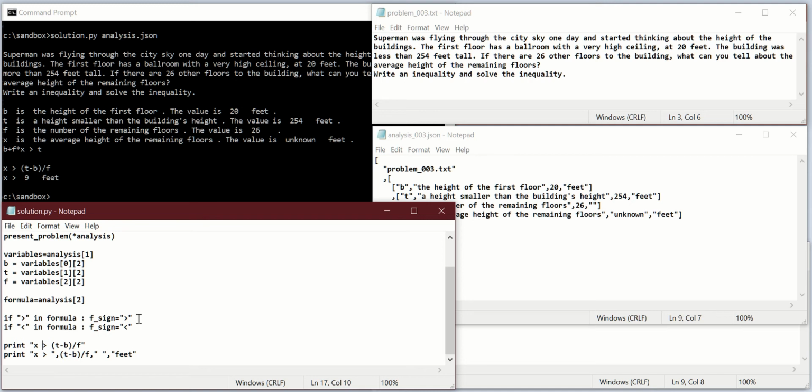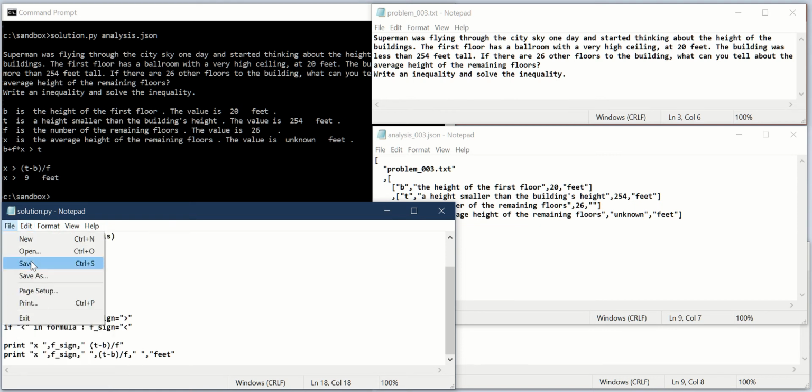So now here we will split this string in two and we will insert f sign in the middle. So split in two and f sign is here. So it will print x space, then the sign, whichever sign it is, and the rest. And we will do the same thing here. We'll split it in two and insert f sign, and we will save it. Now we have three problems, one program,